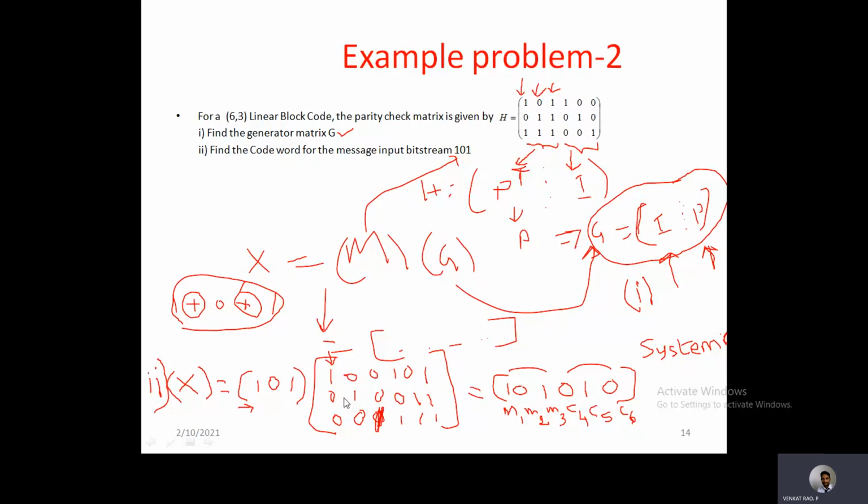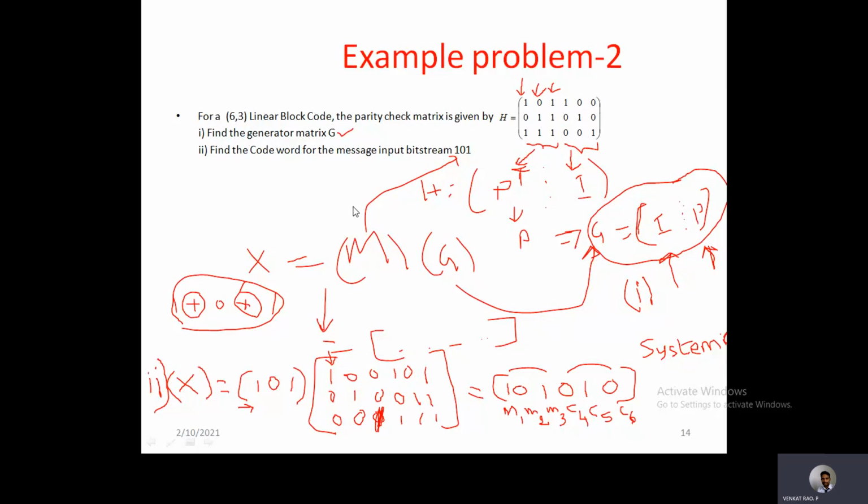Now this generator matrix is represented here. So let us see this carefully. First write I. This identity matrix is represented here, that is 1 0 0, 0 1 0, 0 0 1. And in the next part, we need to represent the coefficient matrix, that is P. But here it is P transpose, so take the transpose of this again, so that it will be P. Transpose means represent columns in rows. So 1 0 1 must be represented in a row: 1 0 1, 0 1 1, 0 1 1, 1 1 1. So this is G. So the first part is over.